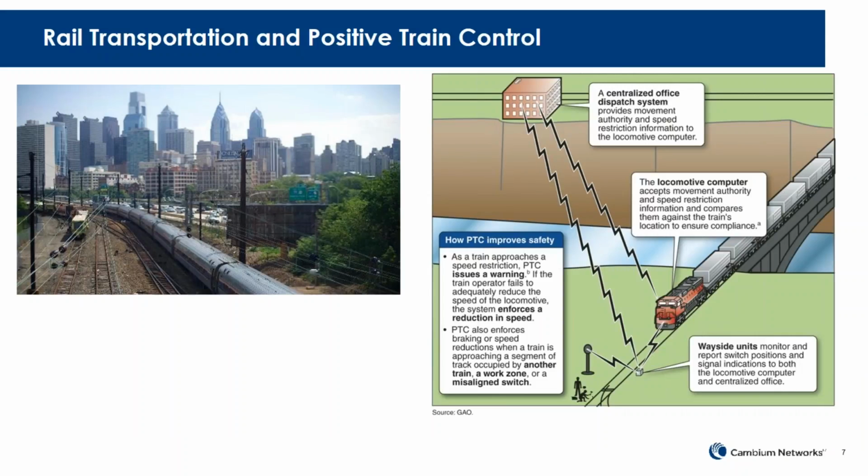And then the last high-level example is rail transportation. Here's an example from the GAO showing positive train control. When we look at the growth of the rail industry around the world, one of the key aspects is how do I increase the safety not only of passengers on the trains, but people that are crossing at grade level, and the actual material that's on these trains, making sure that if there was to be an accident or a spill, it could have an impact on the environment.